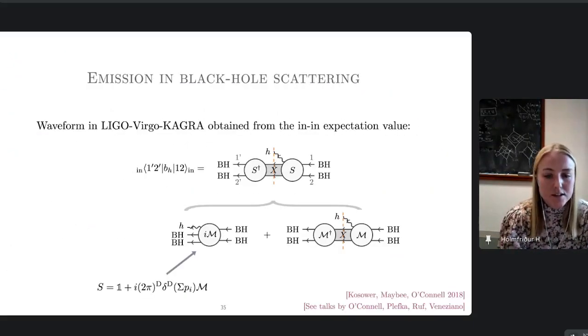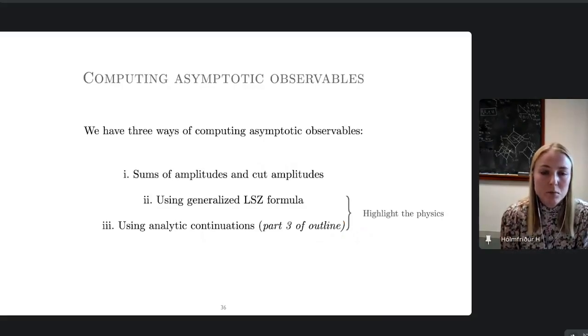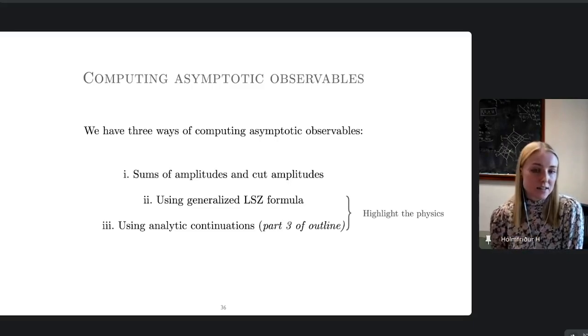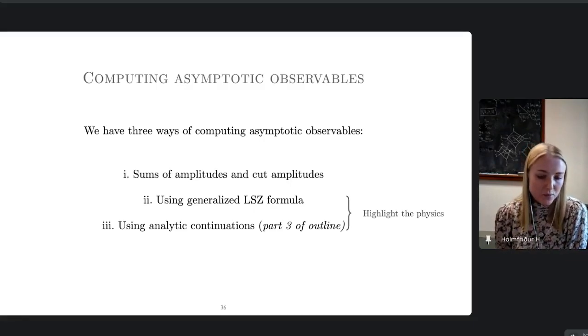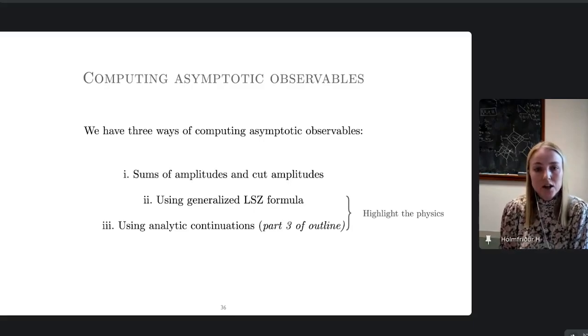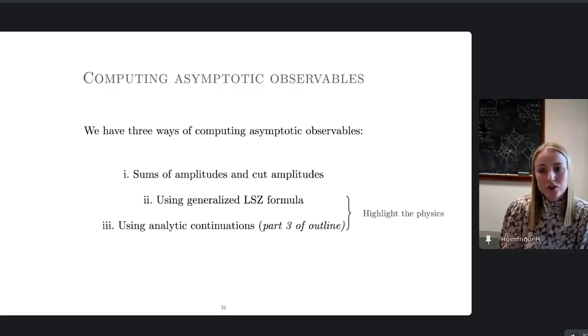As I say, we have these 3 ways of computing them. The first way is just to brute force it and write it out in terms of scattering amplitudes and cut amplitudes. But in practice, what's much easier is that if we compute them in the traditional way, using differential equations and tensor reduction, etc., then we can simply impose different boundary conditions that capture the different time-folded contours. So all our methods for computing scattering amplitudes don't know that they are scattering amplitudes until the very end when we put in boundary conditions.